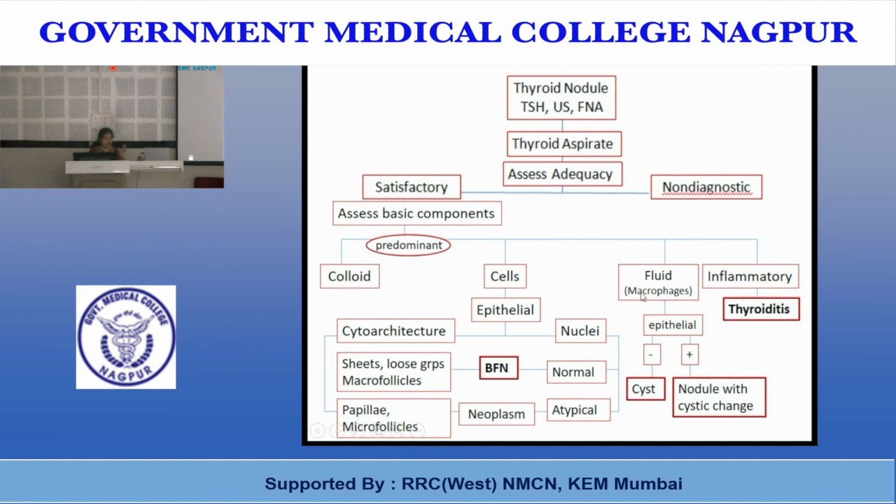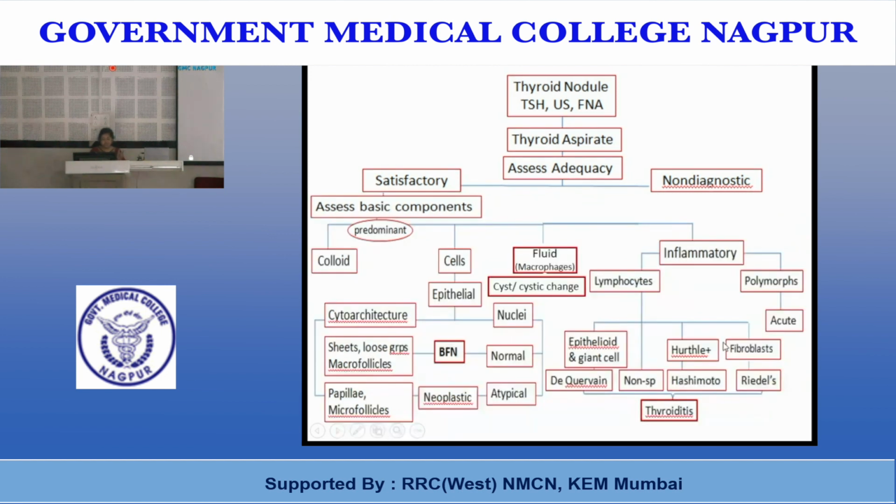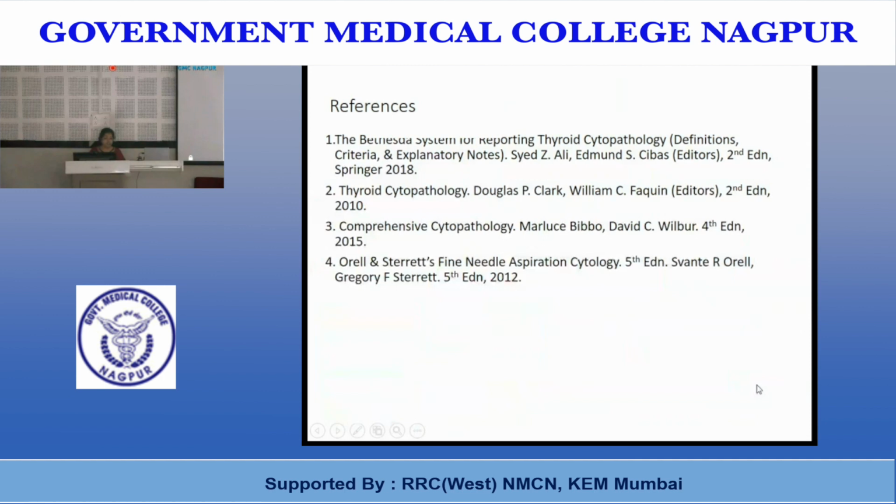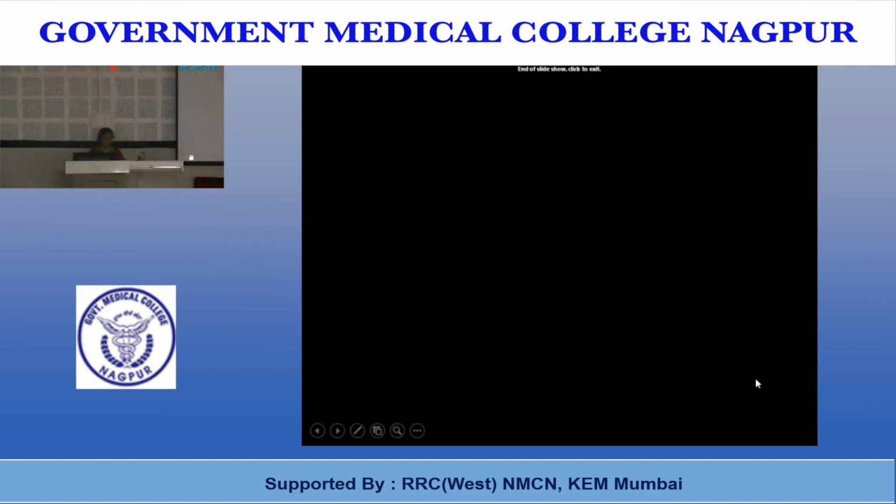And if it's a fluid-only aspirate, make sure that you are not dealing with a nodule with cystic change. And if it's a prominent inflammatory infiltrate, identify the type of inflammation which is seen, correlate with the other findings, and then you know it's a thyroiditis. So thank you so much for your patience, and that is all about